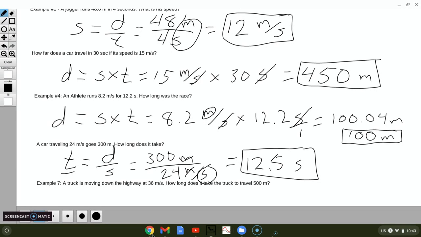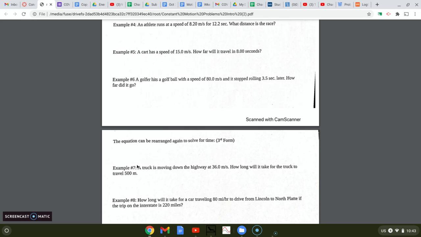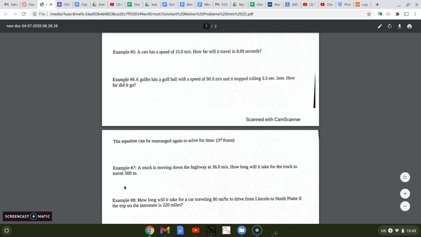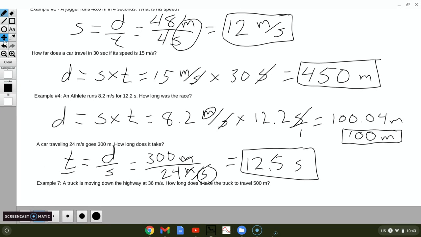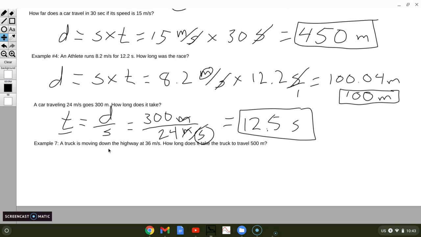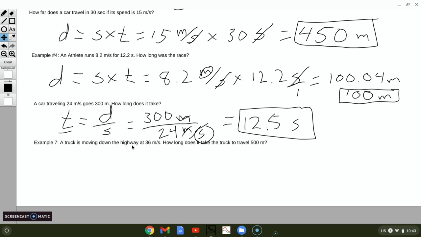All right. Let's do the one from your worksheet. The one from your worksheet would be example number 7 here. Let's go through this one real quick. A truck is moving down the highway at 36 meters per second. How long does it take the truck to travel 500 meters? Again, how long does it take? That's time. So time equals distance